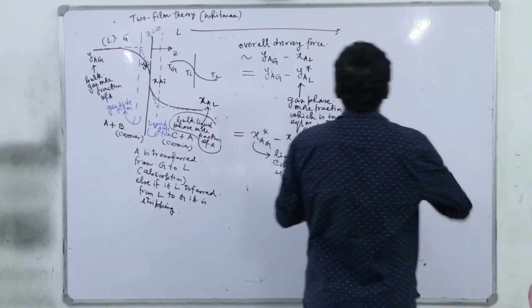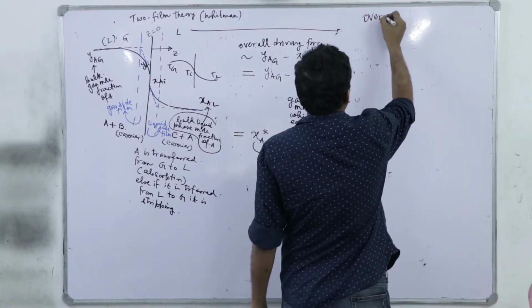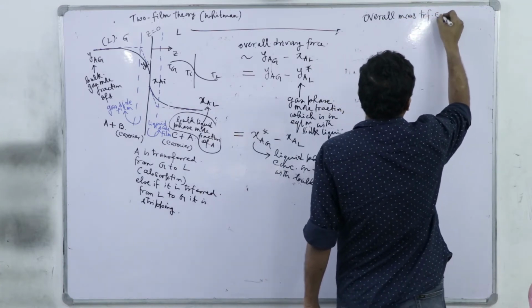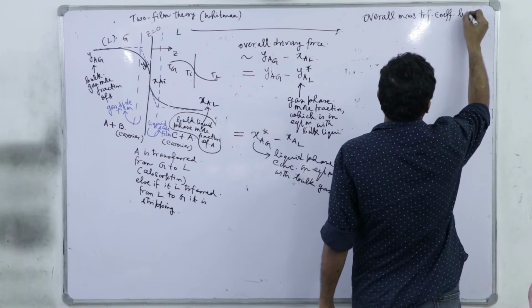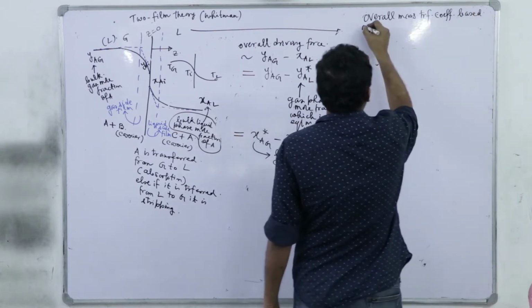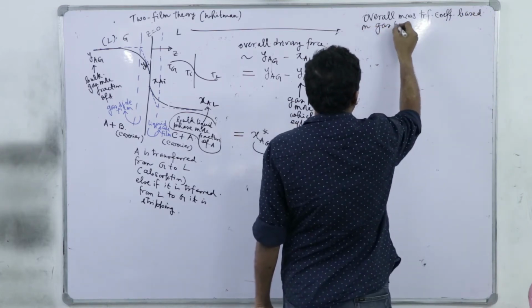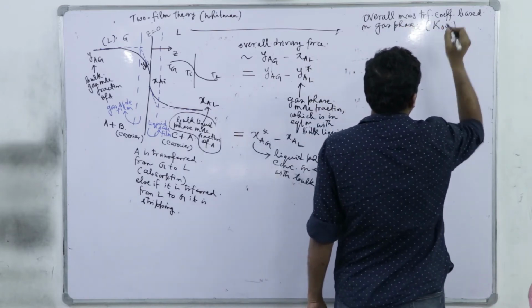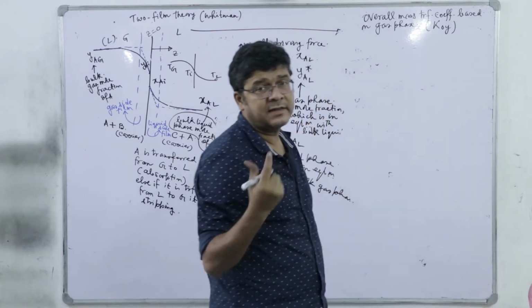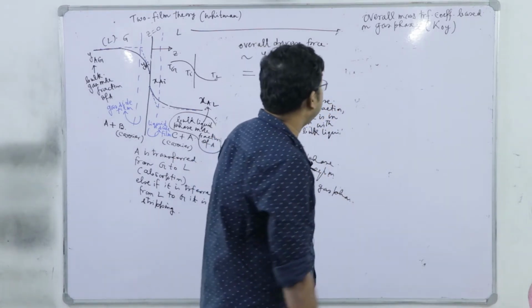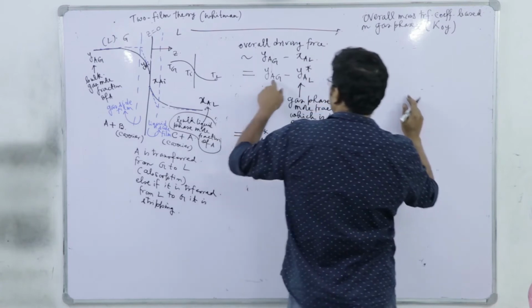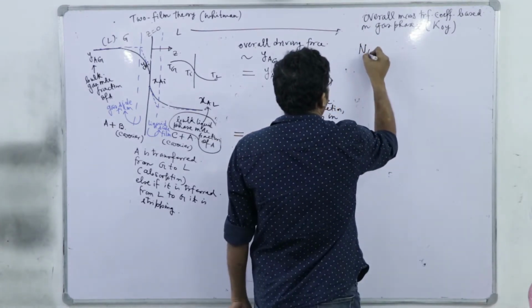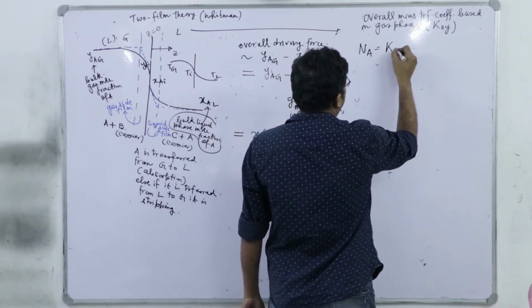So, let us define first this overall mass transfer coefficient based on gas phase, right. We will write it as KOY. O stands for overall and Y indicates that this is based on the gas phase concentration. So, you see what is the respective driving force? YAG minus YAL star. So, we can write Na to be equal to KOY